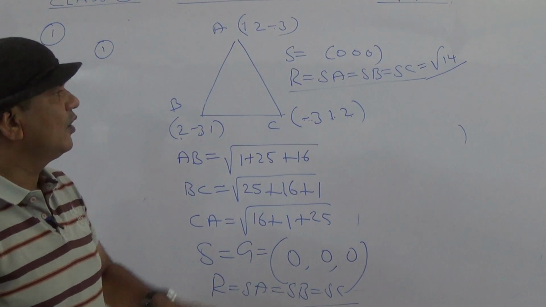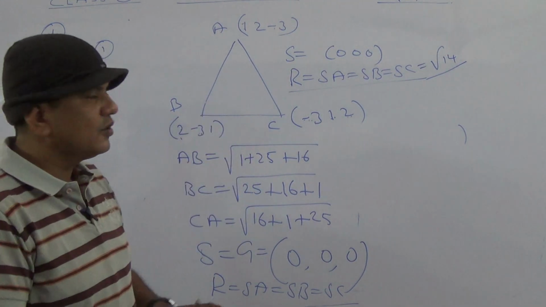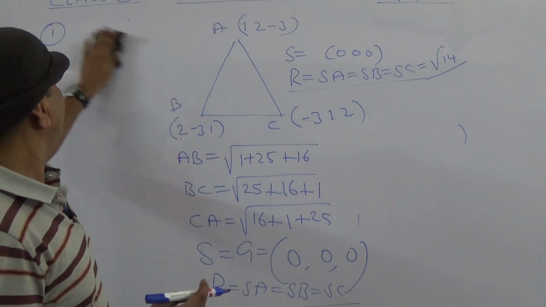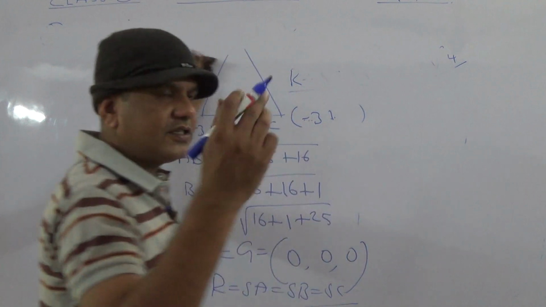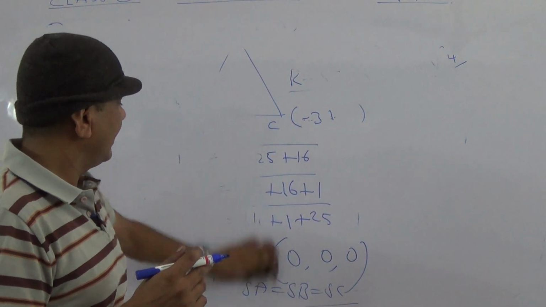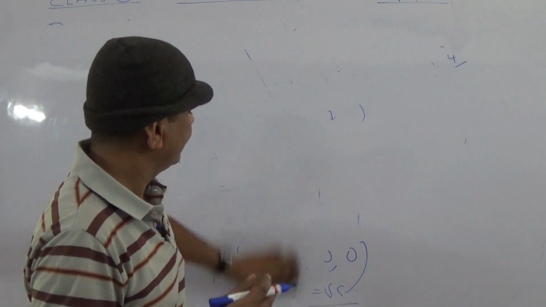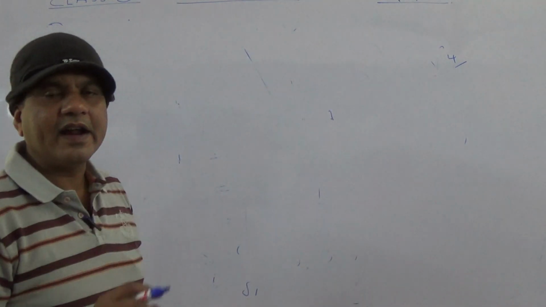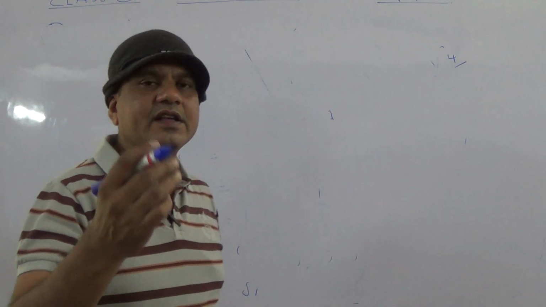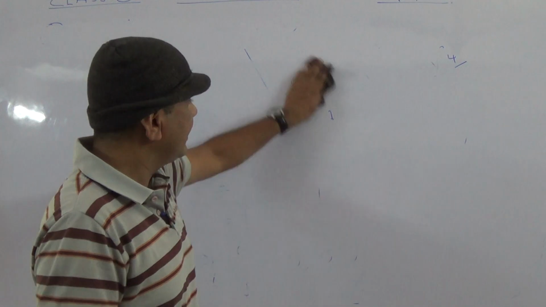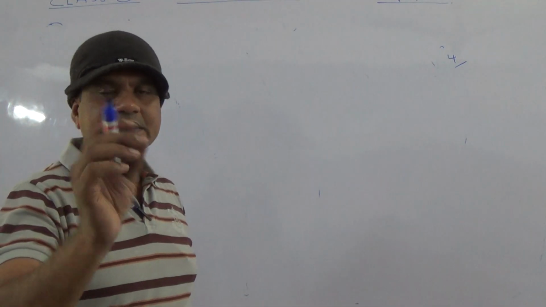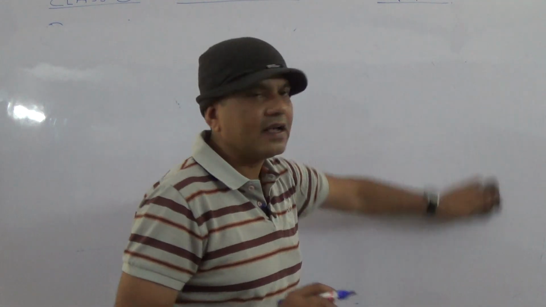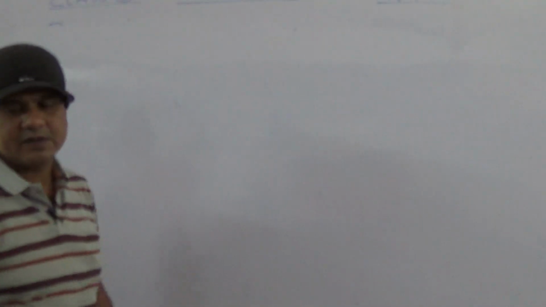Remember, in 3D, to find the orthocenter, incenter, or circumcenter, first check whether the given triangle is a right angle triangle or an equilateral triangle. If it is an equilateral triangle, then the circumcenter and orthocenter are the centroid. If it is a right angle triangle, then the orthocenter is the vertex at the right angle and the circumcenter is the midpoint of the hypotenuse. Okay, then next, the second problem is,